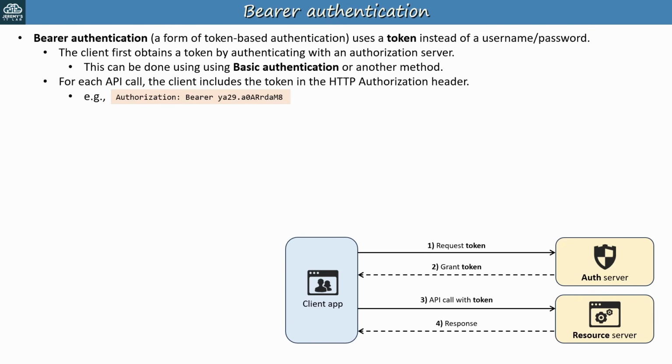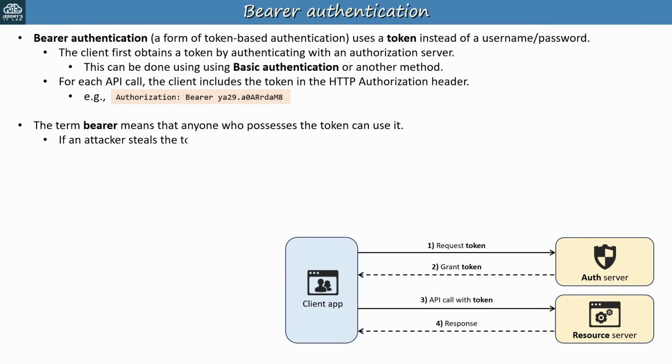And then the resource server responds, either with the requested resource or a message indicating the server did what was requested. So that's basically how bearer authentication works. The term bearer means that anyone who possesses the token can use it. This means that if an attacker steals the token, they can make requests, API calls, as if they were the